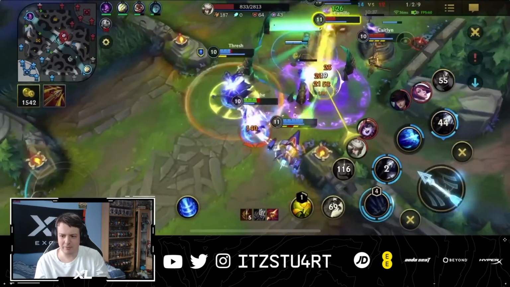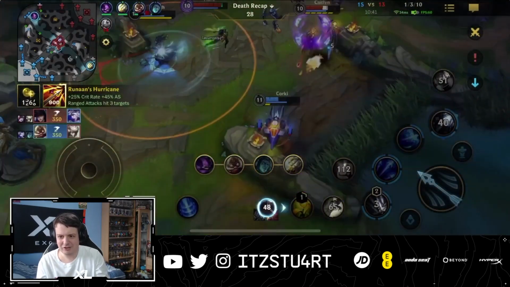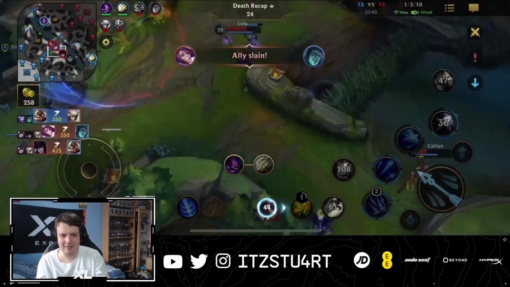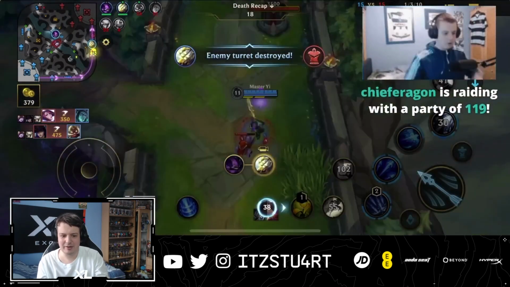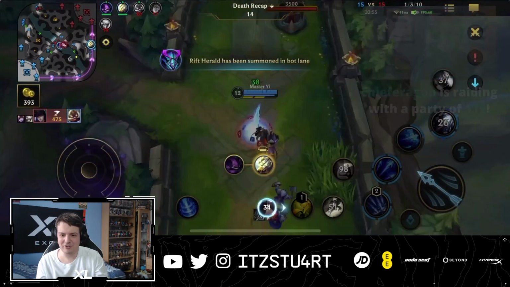We're trying to kite around the Camille here. We're trying to get the kill, but unfortunately Camille just survives during the stasis. The Corki bomb eventually did get the Camille, but unfortunately there was nothing going on. But yeah, Master Yi and Kennen doing their typical split push as we hear the notification of Chief's raid as always,